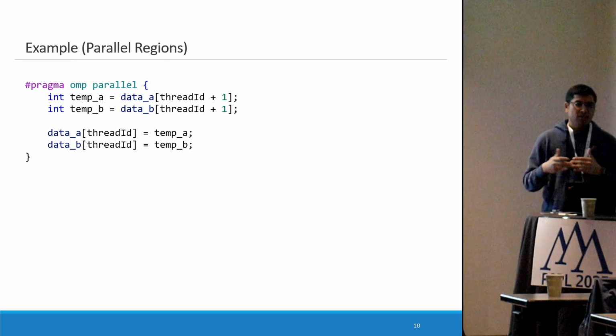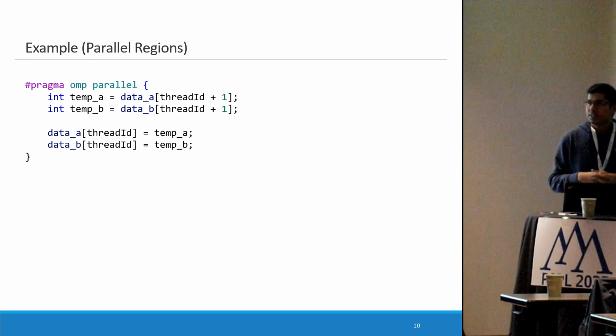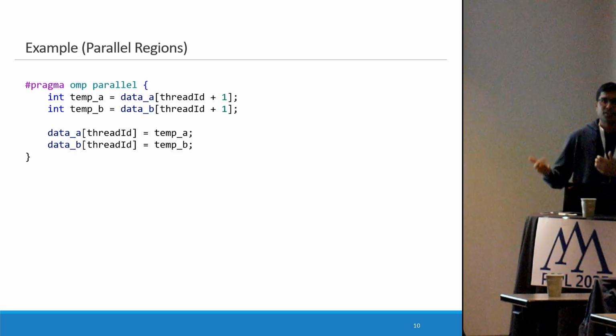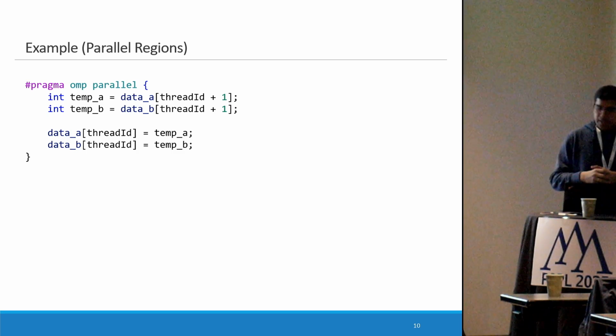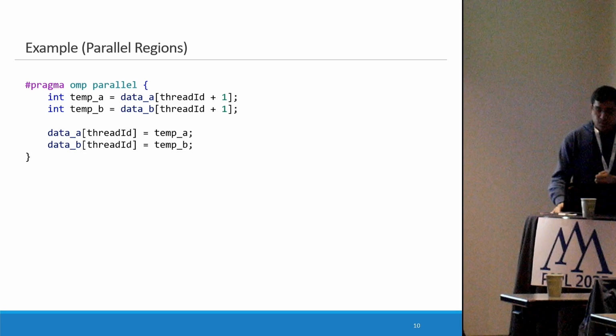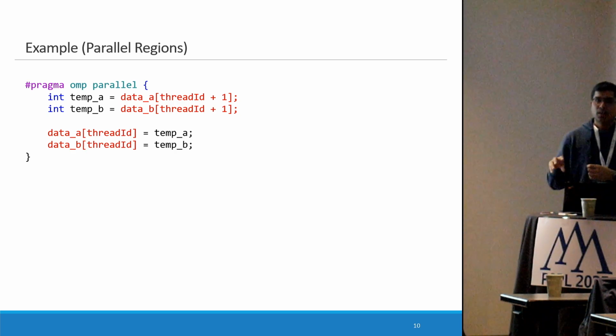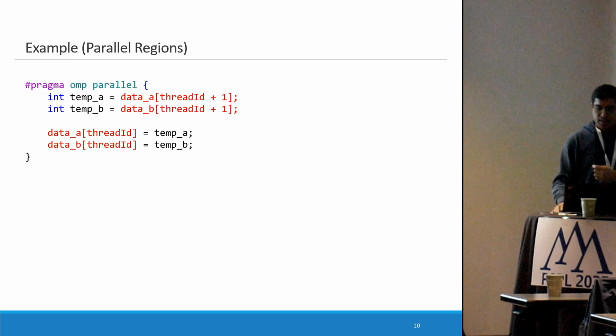All the 4 statements will be executed by all the threads that are participating in the parallel region. And we have 4 memory accesses to the shared memory. Data A and data B are the arrays that are shared among all the threads. So the instrumentation phase will go through this in the LLVM IR. It will pick the locations where the shared memory accesses happen. So we have the 4 locations, and we